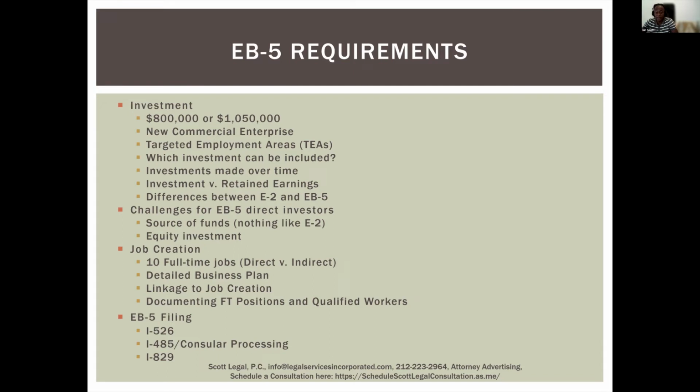The investment for EB-5 has to be some form of equity. If you're doing a regional center, usually they'll give you what are called limited partnership units. If you're owning your own business, it can be shares, membership units, partnership units, whatever it is. There's no set amount that you have to own, unlike E2, where you have to own 50%. You can own 1%, a fraction of a percent. Nothing specific.